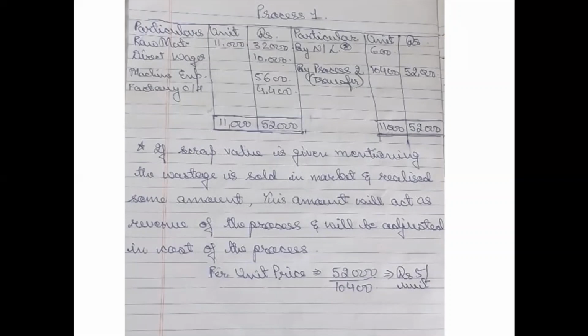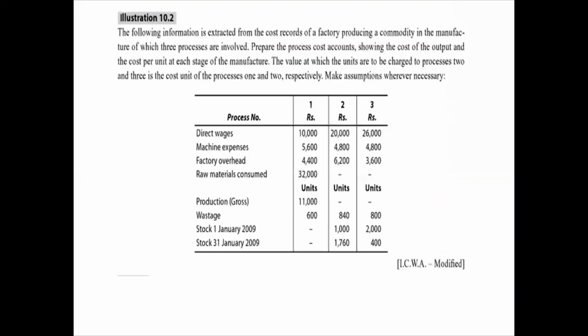Another important feature which I would like you to remember is that the process account is divided in 2 parts, debit and credit. The debit part will represent the input, that means input of raw material and the various expenses. And the credit part will represent the output, that means how much produce was recovered from the process, how much was the normal loss, etc. Now let us see in the question what we are going to put as the input quantities.